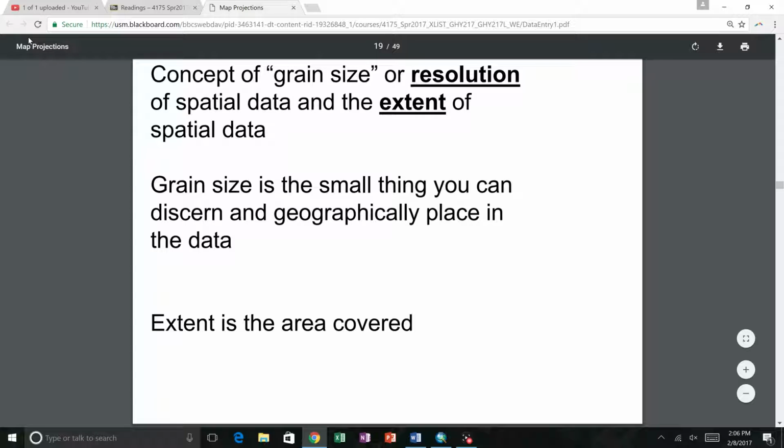All right. So grain size or resolution becomes a surrogate for that. Instead of scale in GIS data, we're talking about grain size or resolution. And then the extent. Another word for grain size is the smallest thing you can discern and geographically place in the data. Extent is the area